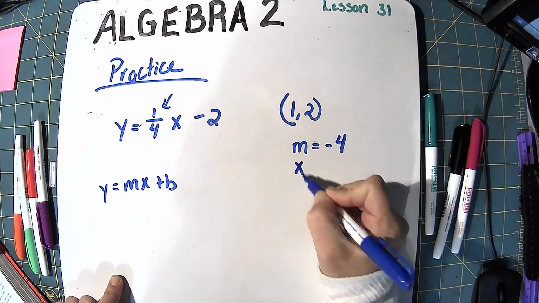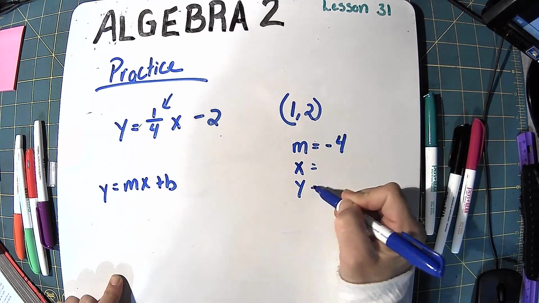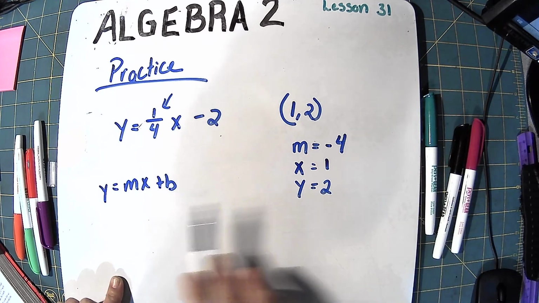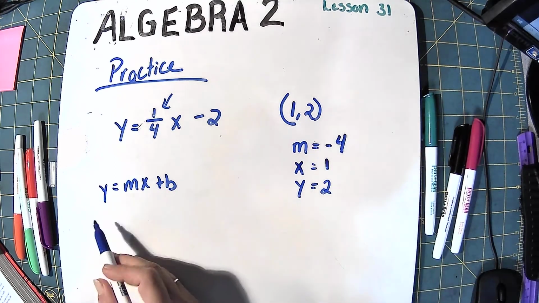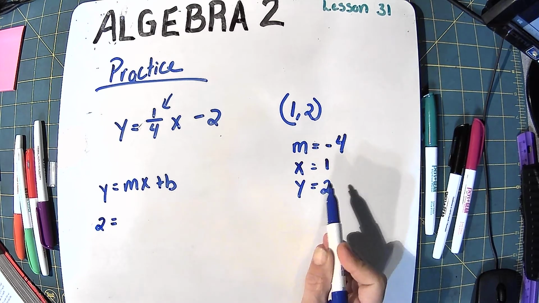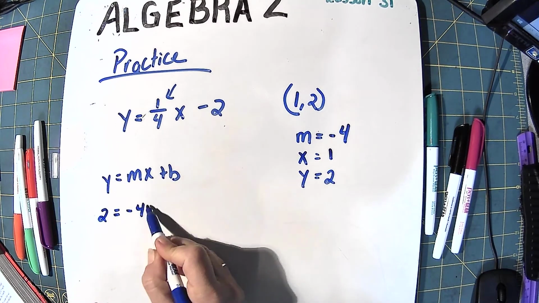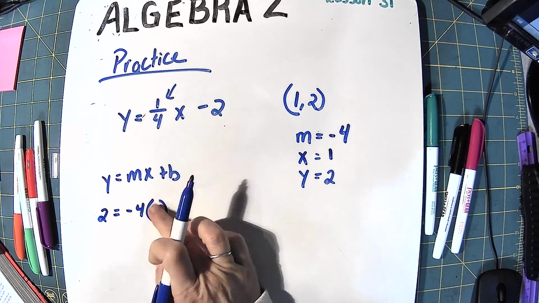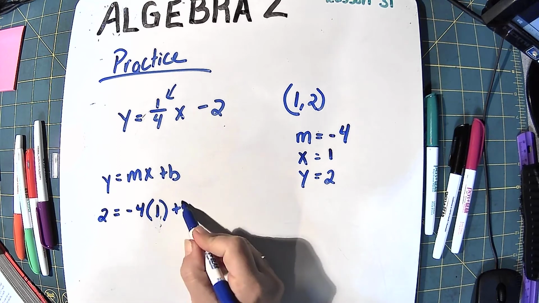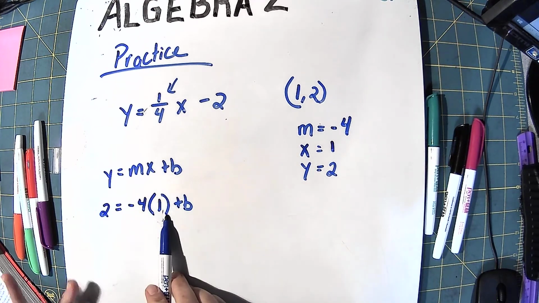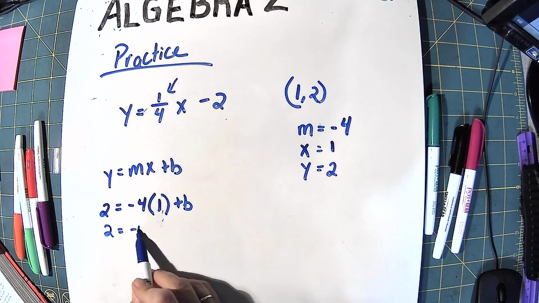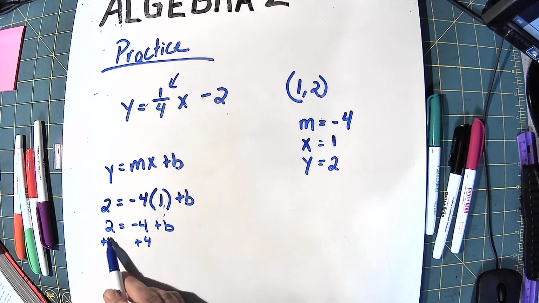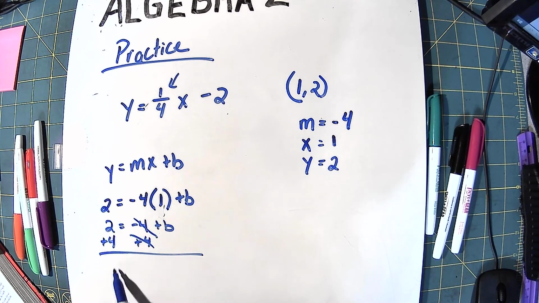And then we have a value for x and y that we can get from this point right here. X is going to be 1, and y is going to be 2. Now we're just going to fill those values in here and solve for b. So y is 2, m is negative 4, x is 1, whoopsie, plus b. Well, negative 4 times 1 would just be negative 4, so we got 2 equals negative 4 plus b. Now I got to get rid of this negative 4, so we add 4. And we get 6